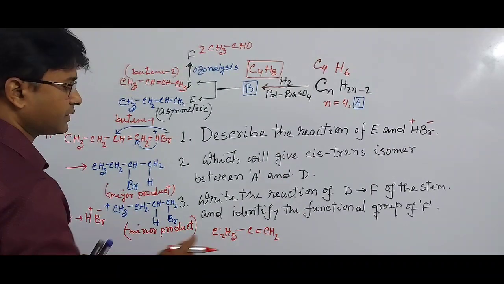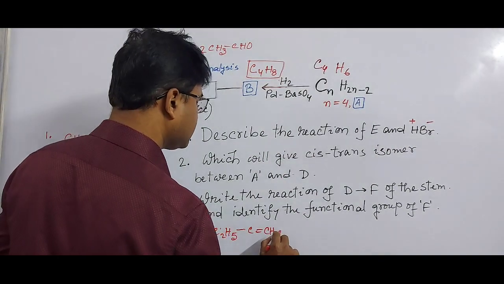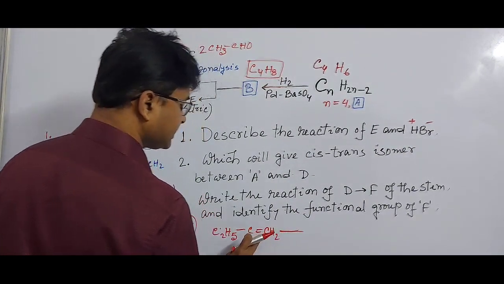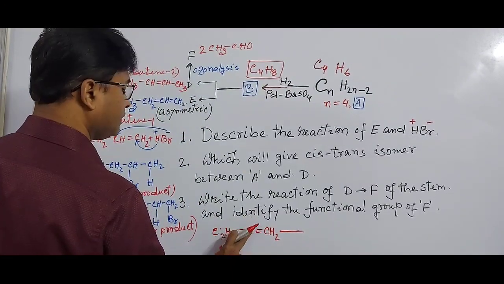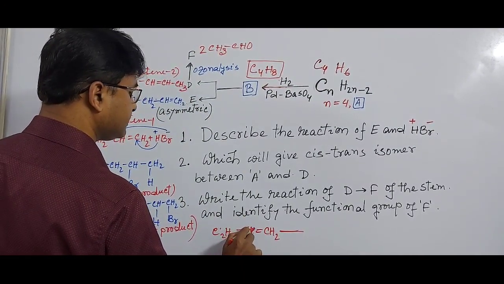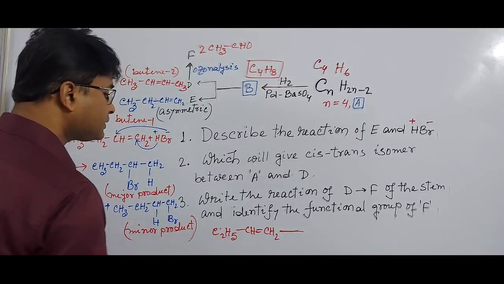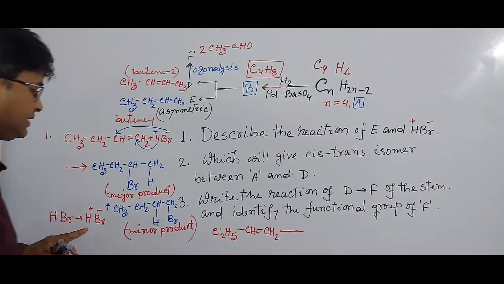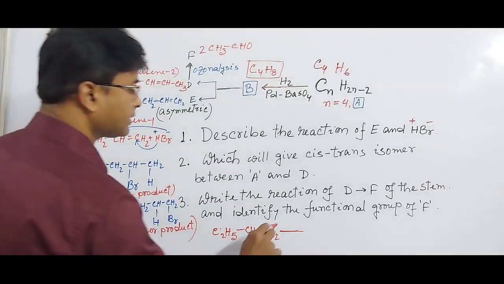Here more electron density exists in the carbon-carbon double bond. So the H plus ion attacks the carbon-carbon double bond,